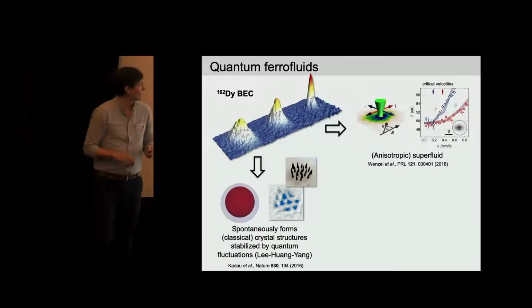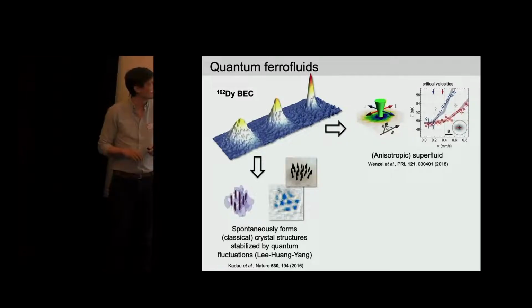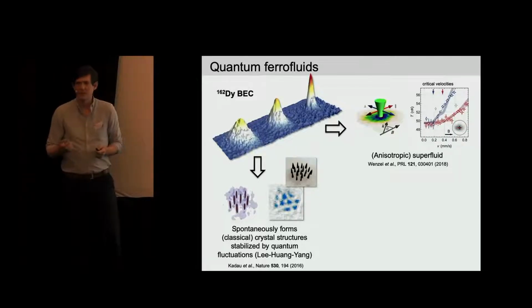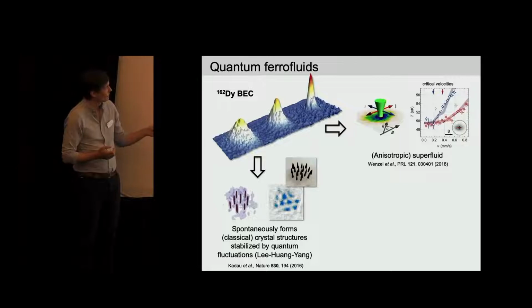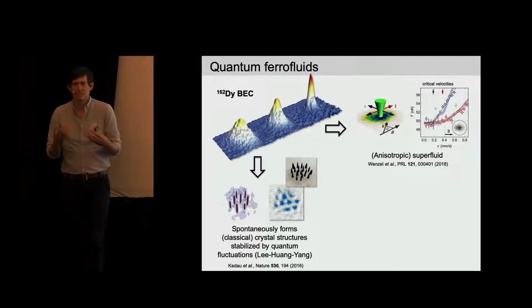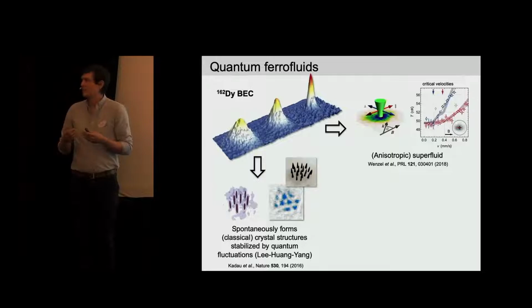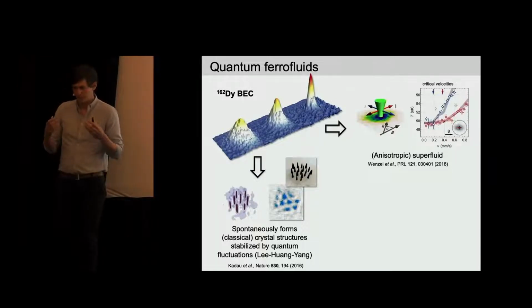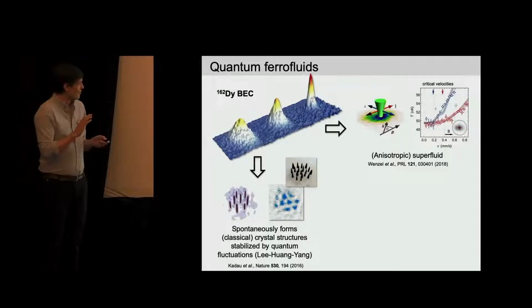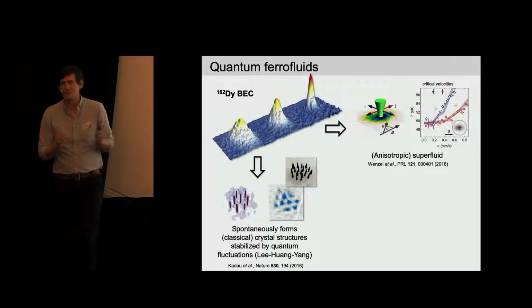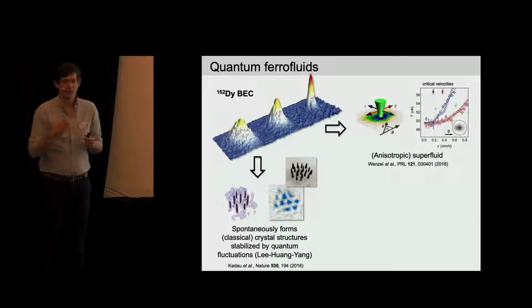And then at the same time, you can basically repeat this experiment that I was showing you a minute ago with the classical ferrofluid, and you can see that this Bose-Einstein condensate can also crystallize into these little droplets and form a kind of classical crystalline structure. The physics behind that is very deep and very complex. It involves beyond mean field effects that were a big surprise when they were first observed. But I'm not going to go into too much detail about that for now. Just believe me, or believe the pictures, that this BEC can form a crystal.